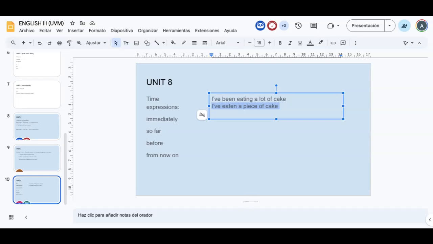Then I will eat until this point in which it is probable that I'm still eating the cake, and that I'm going to continue eating the cake in the next minutes or in the next hour. So the ongoing situation has